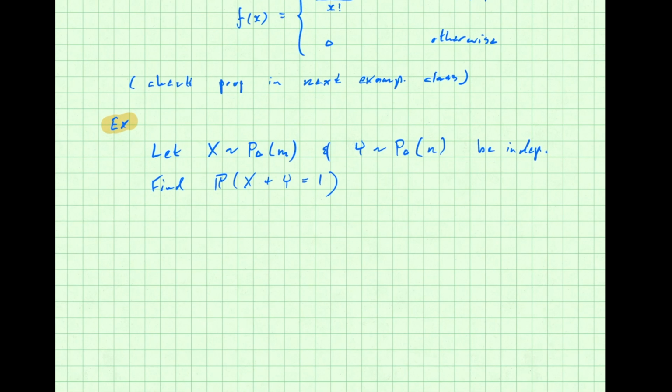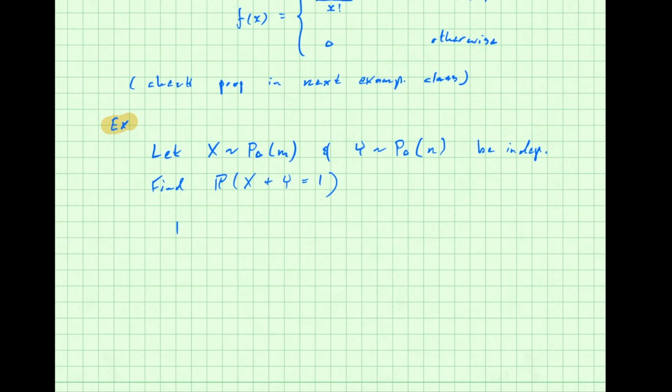So that's what we want to do. We want to find that probability. Now, this is a sort of a straightforward thing. So the probability that X plus Y is equal to 1, right? There's only two ways that this can happen. So think about if X and Y are like counting instances,